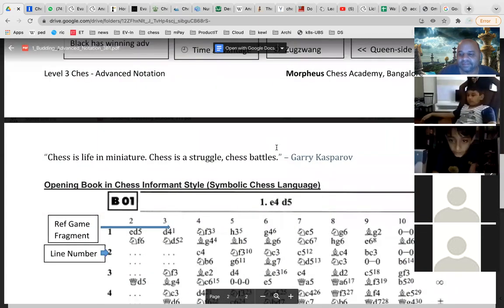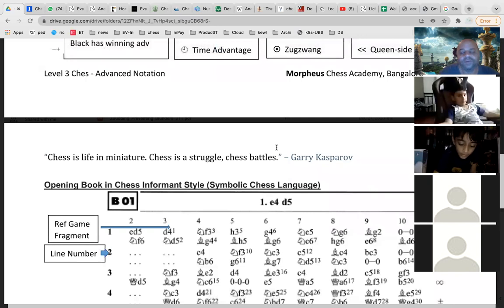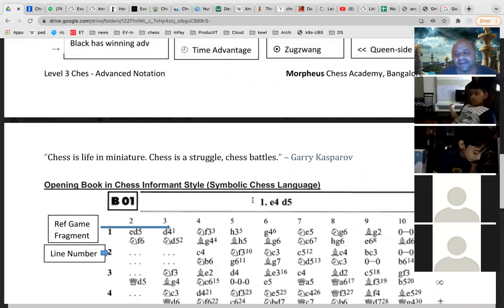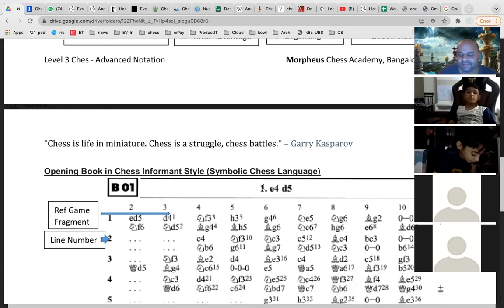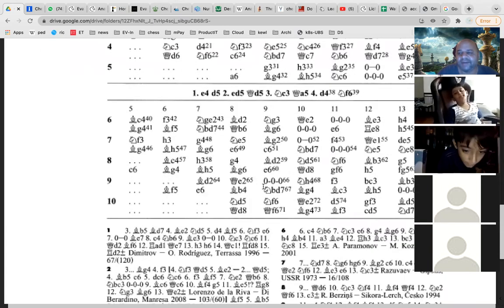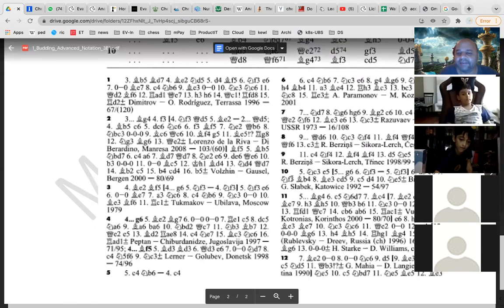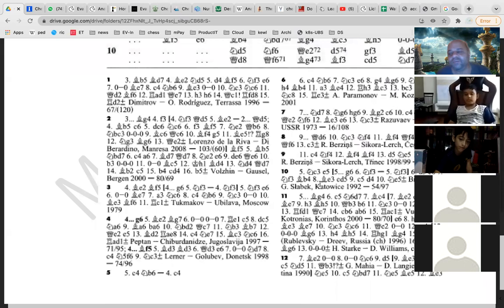Sir, but how can I get the book? Oh, you can buy it. I will send you the link if you really are interested. Okay, sir. Sir, I also want to study. Yeah, but I don't suggest you buy these books at this level. These are not good at this level. Even for openings, if you at all want to buy, I will tell you one book.